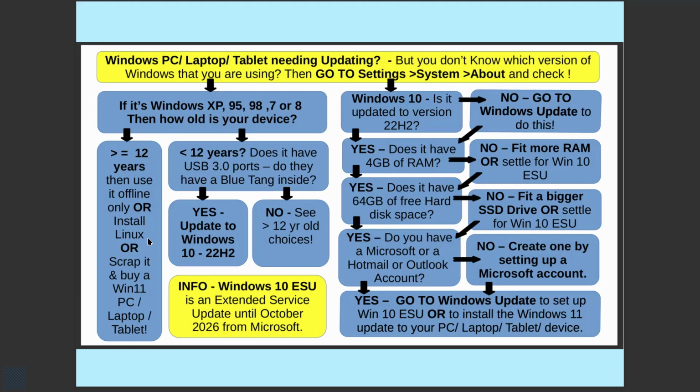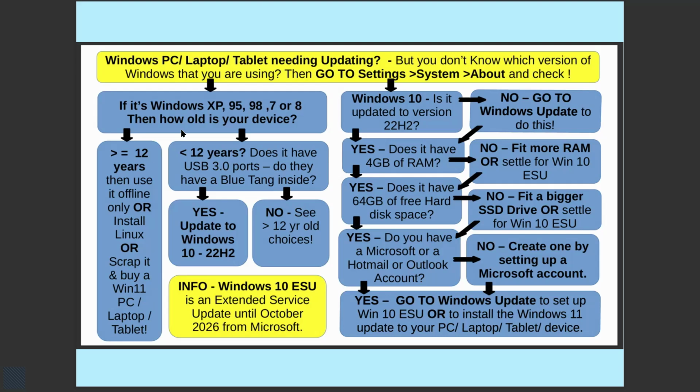The two versions I'd recommend: Linux Mint for more capable PCs and laptops, and Linux Lite for slower, less able computers. Alternatively, scrap your current device and buy a Windows 11 PC or laptop or tablet to replace the one